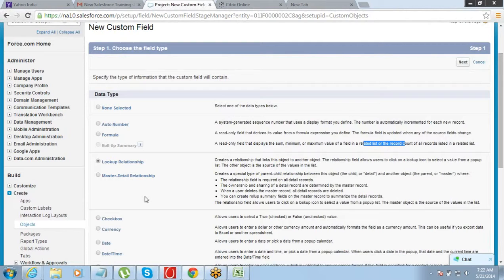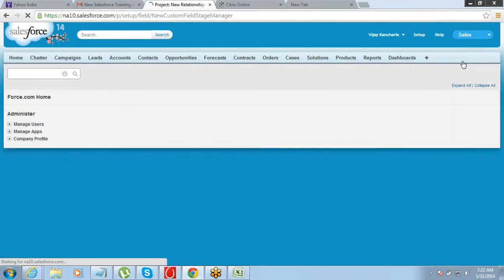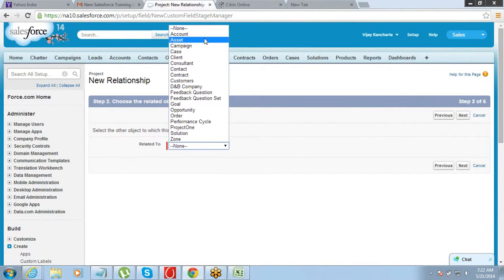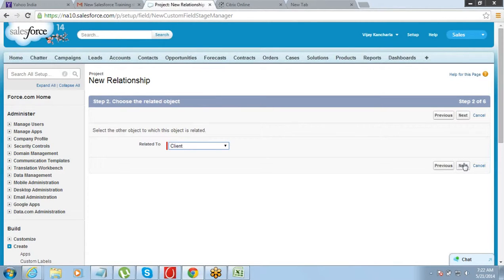Let's create a master detail relationship here for clients and projects. So create master detail relationship, go to next. Relate it with the client, go to next.